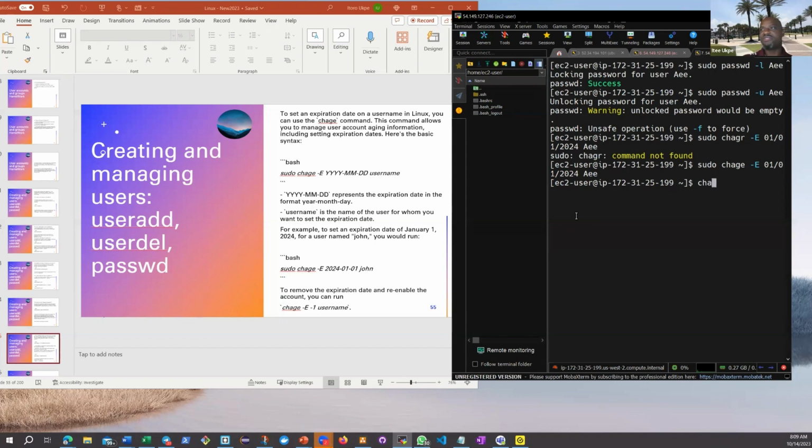All you need to do is go back and do sudo chage -e -1 and the username A, and that will change it back. It will put him back in the system. The expiration date will go away. And if you don't remember this command, again, you can always Google it. How do I put an expiration date